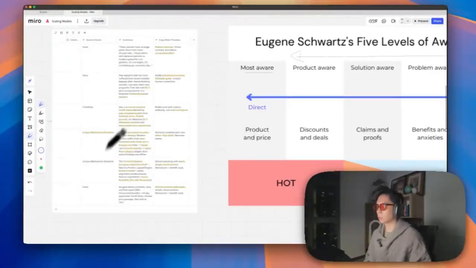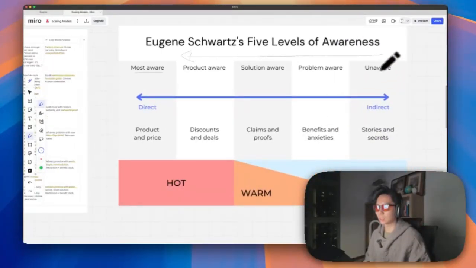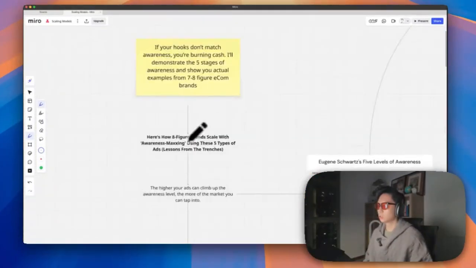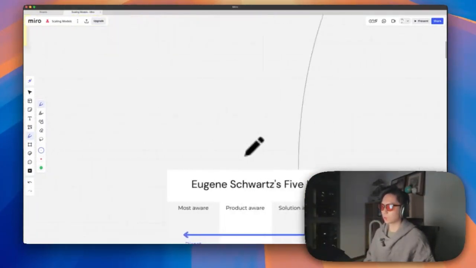And this VSL starts with this entire flow, basically bringing someone from A to B. And this is what makes VSL so great, because they can bring an entire prospect through a logical series of arguments that get them from unaware to most aware, which they eventually convert and buy the product. So this is basically how awareness maxing looks like.